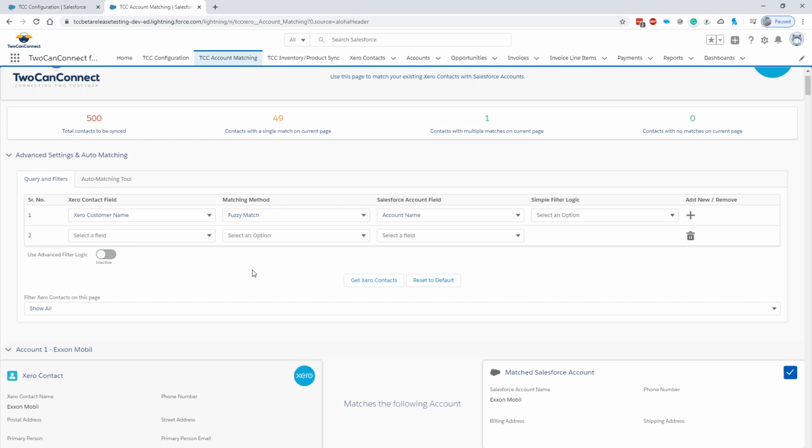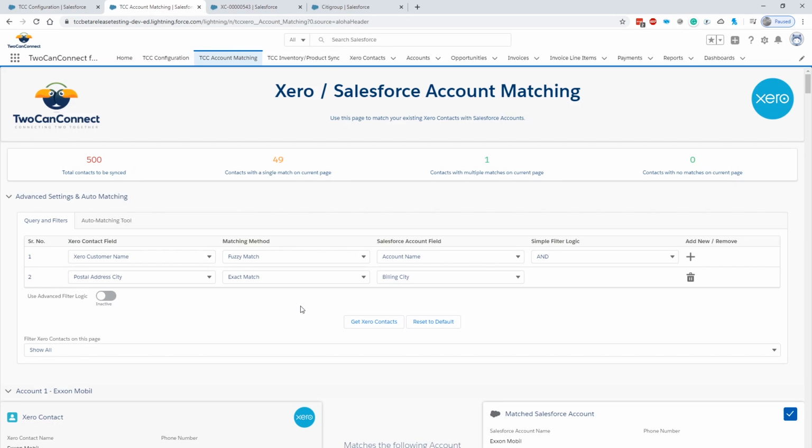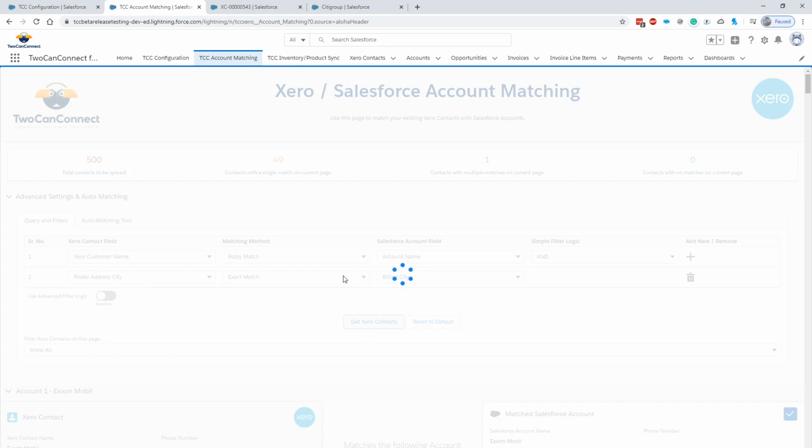I'll create a new matching rule where we'll take the customer's city and make sure that they exactly match. You can now see that we've selected the postal address city, which is the field from Xero, is an exact match to the Salesforce account's billing city. And we've also created some filter logic saying that we want both of these conditions to be true. I can now click the Get Xero Contacts button,